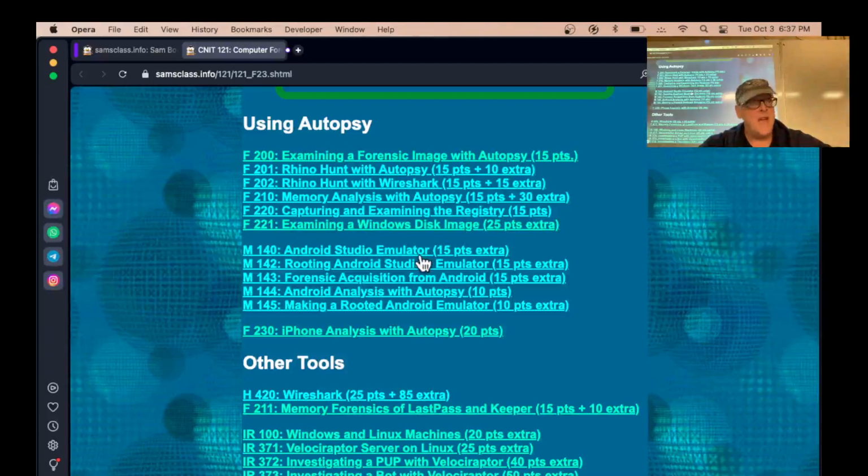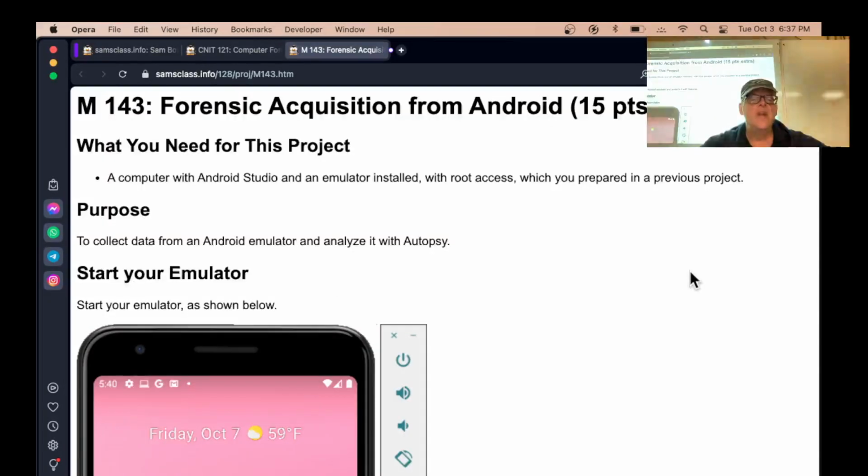Once you've got a rooted Android emulator, then you make a forensic image. This is what I did to make the image you analyze in M144. So, make a forensic acquisition from Android. What I'm doing here, as I said, is not a proper forensic acquisition that gets every bit on the storage